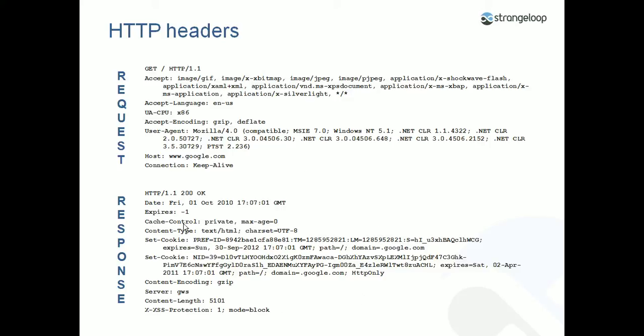I can analyze caching information from here. I can analyze if there was any connection information from the request. I can see that there was a connection keep-alive, so I know this is a keep-alive connection. I noticed that the response page was compressed. That was about 5K of HTML coming down. So this is valuable information that can help us better understand what's happening with the performance of a page and give us more insight into what's going on,